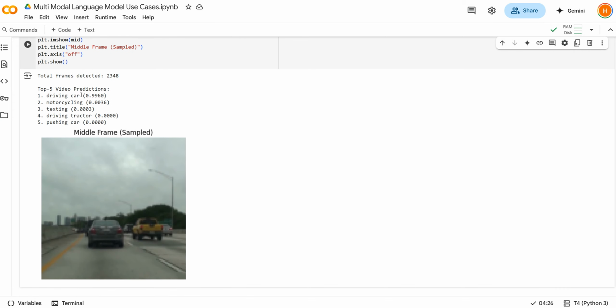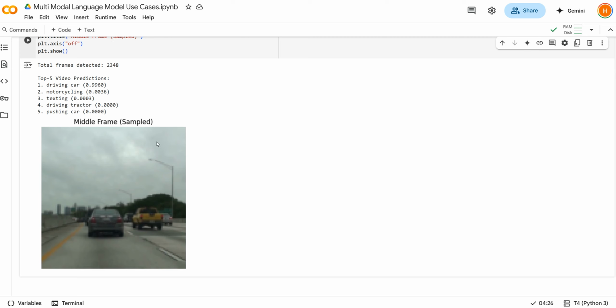So here we can see that the top 5 predictions are driving car, which is kind of a label picked from that one of the